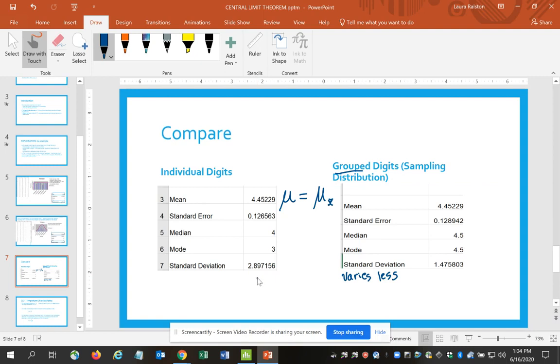You have the original standard deviation, and this value should be approximately the original standard deviation,